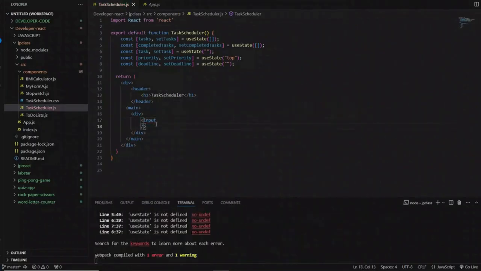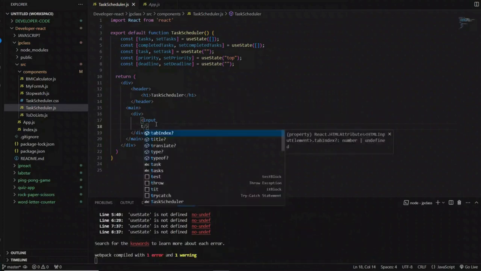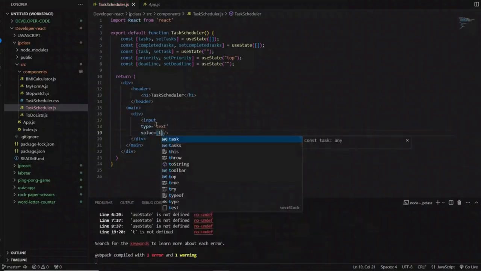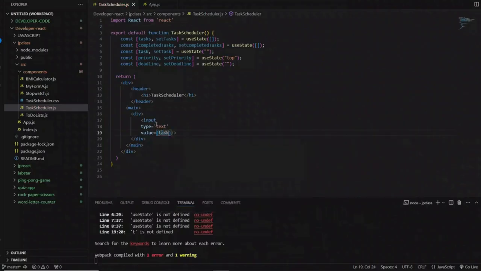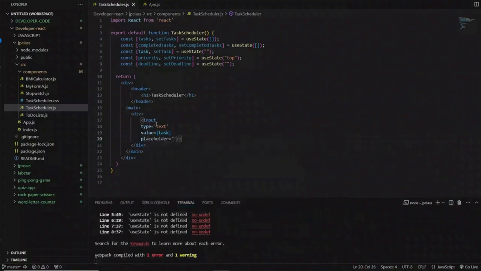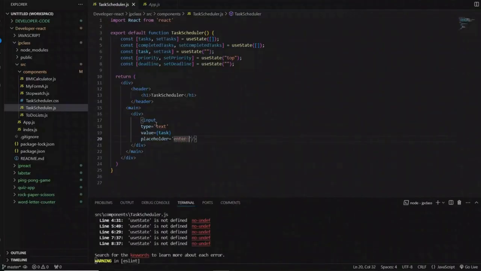In this input, we create type is equal to text. Then value should be task, placeholder should be enter task,